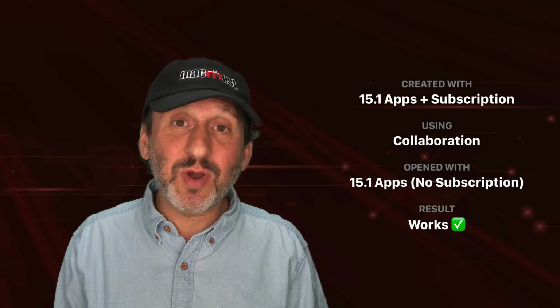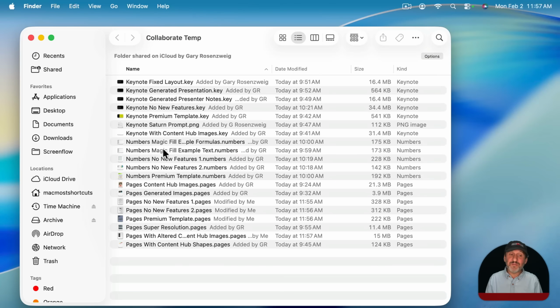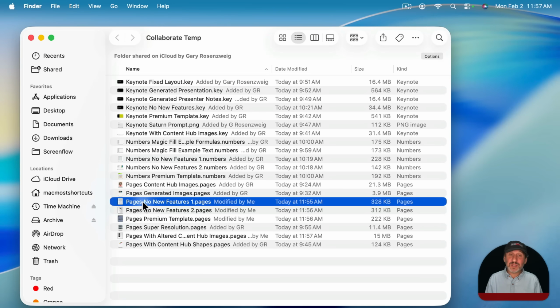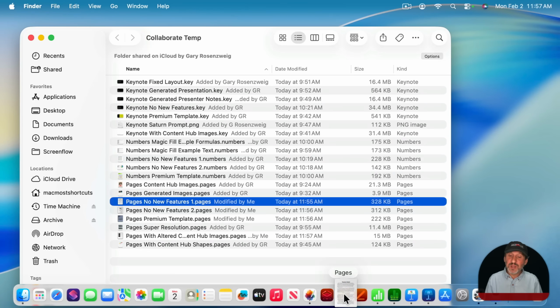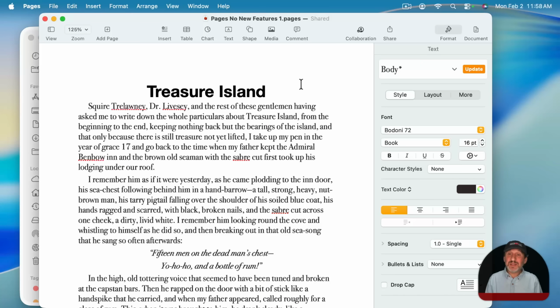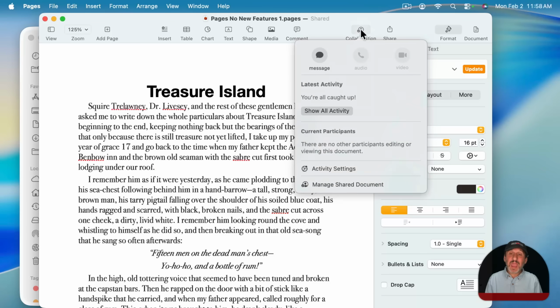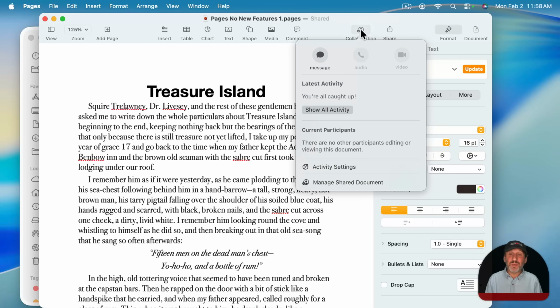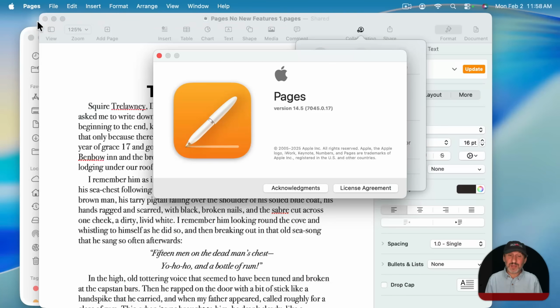can still collaborate. But what happens if you don't have the latest version of Pages, Numbers, and Keynote? Let's take a look at the simplest example here. No new features at all, but I'm going to try to open this with the old version of Pages. And I'm really surprised here. It does still work. You can see I am collaborating with somebody, and I'm using version 14.5 of Pages,